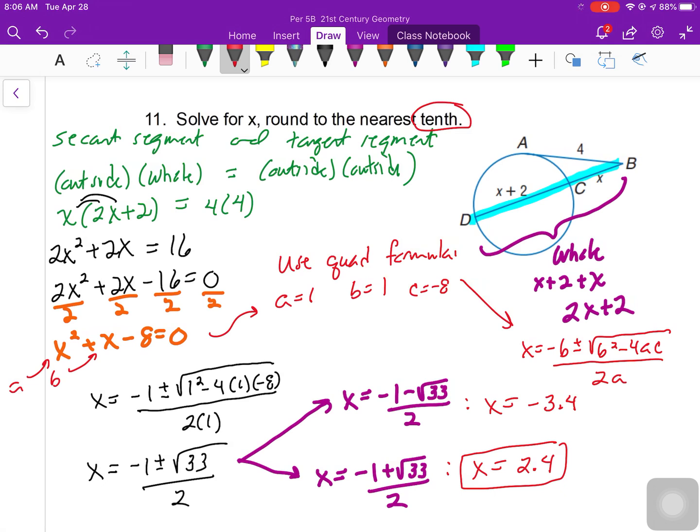Now look this last one over carefully. It did use the quadratic formula. If you need to go through it again, feel free to do that. I hope this section